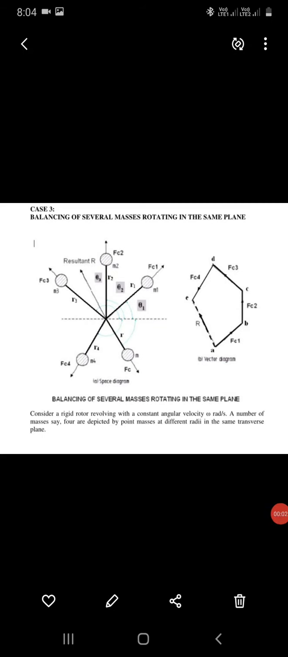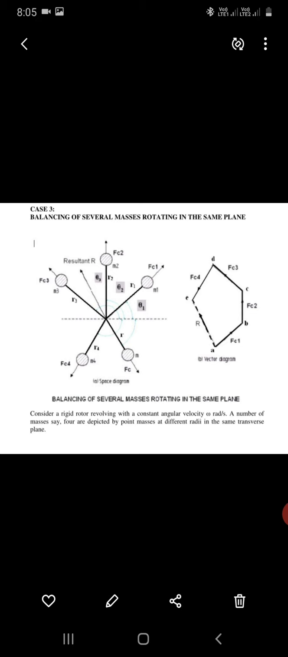Now we'll discuss case 3 of balancing. Case 3 of balancing is balancing of several masses in the same plane, just like balancing of a fan or blades, balancing of turbines. So this all comes under balancing of several masses. Several masses are nothing but masses placed at different angles in the same plane, like the fan blades or